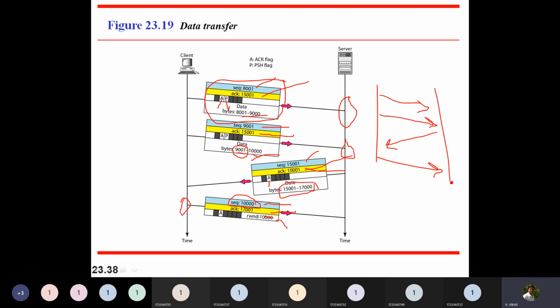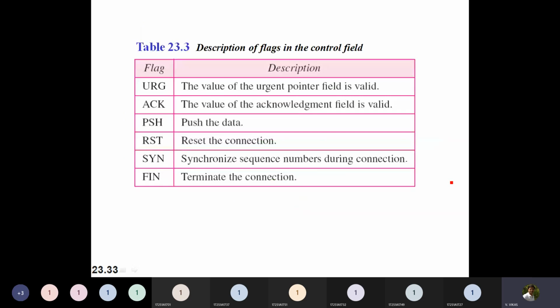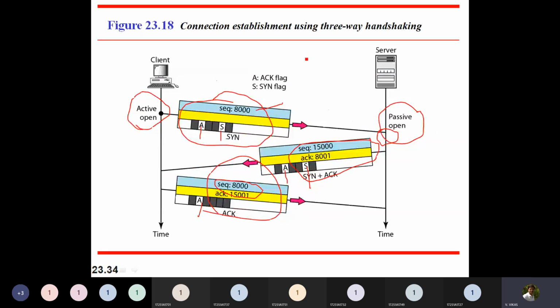So normally you can just write data is going, data plus acknowledgement, and just acknowledgement. Similarly here also you can just draw an arrow pointing down, not in a straight line, because there will be some time. These are timelines. If you are starting at 2, you will reach at 2.1 or 2.2 here. Exactly at 2 you won't be reaching there.